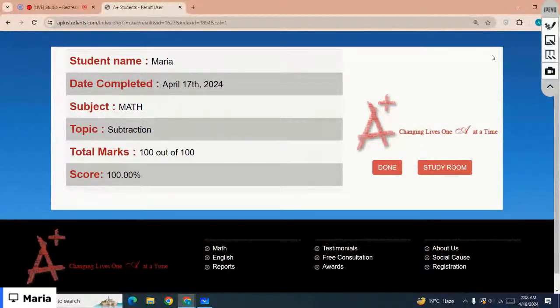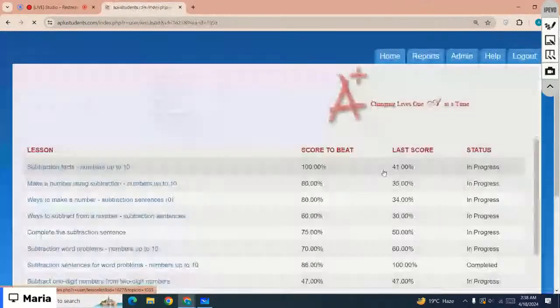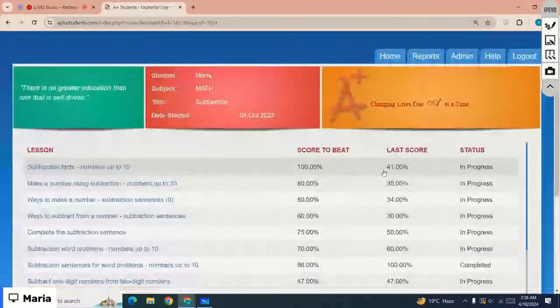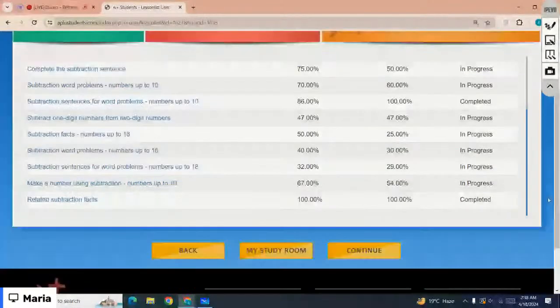Okay, we are done with the lesson. We are almost done with the class. If you have any questions related to the lessons we have just finished, you can please ask. So we were working on grade 1 math. The chapter we were working on is subtraction. The lessons we have covered today are